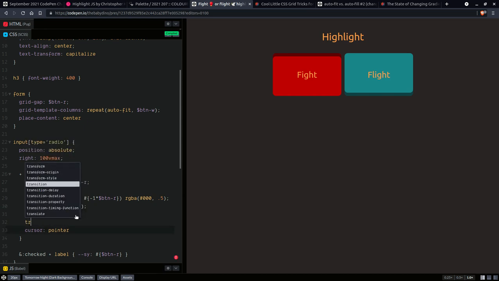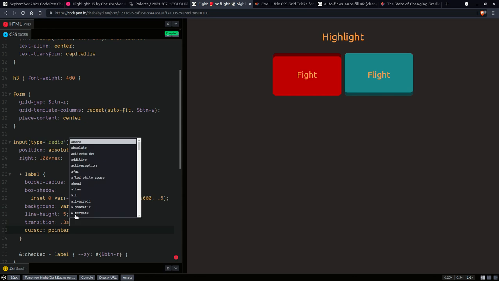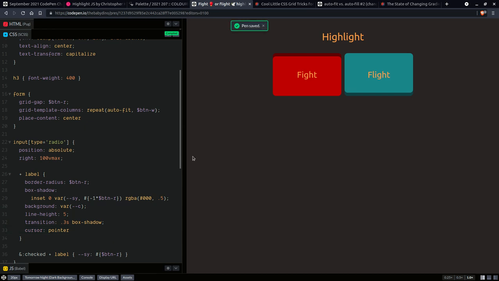So transition, you can see it now much better. Okay, so having done this,